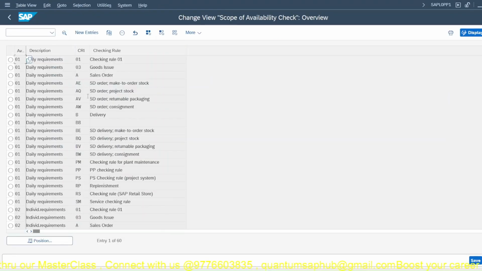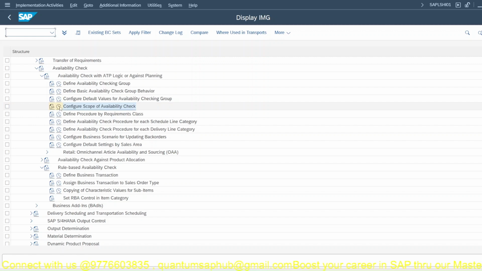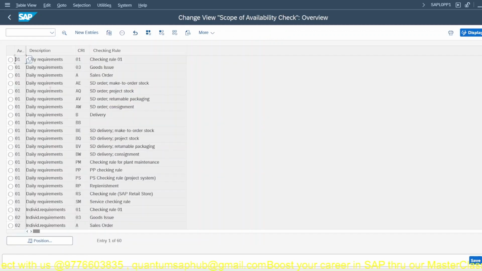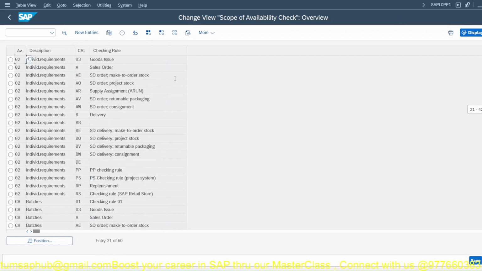So here, this is the checking rule we have defined. Okay, the configure scope of the availability check. Here you can see this checking rule is mapped. Suppose for me it is 02, and I am doing an availability check while creating a sales order. So this A is triggered, and inside that you have this